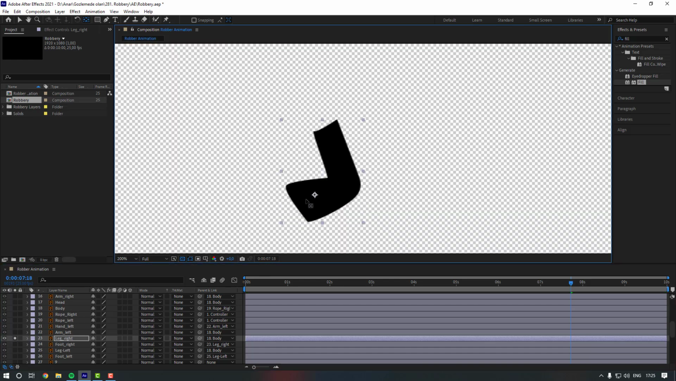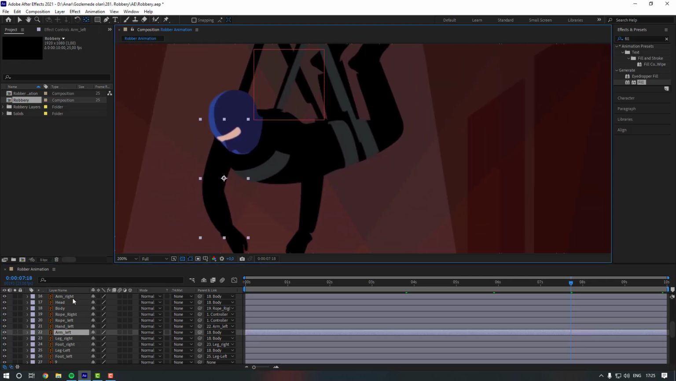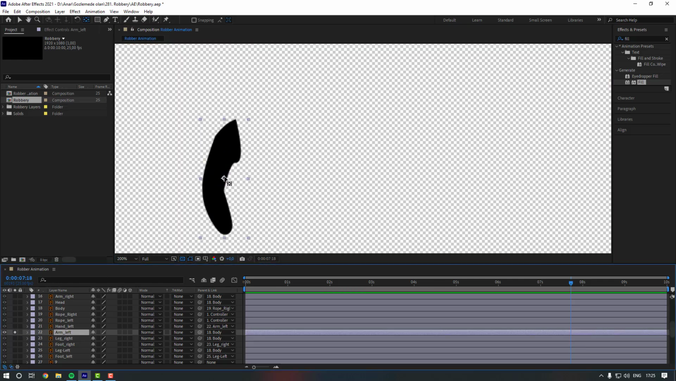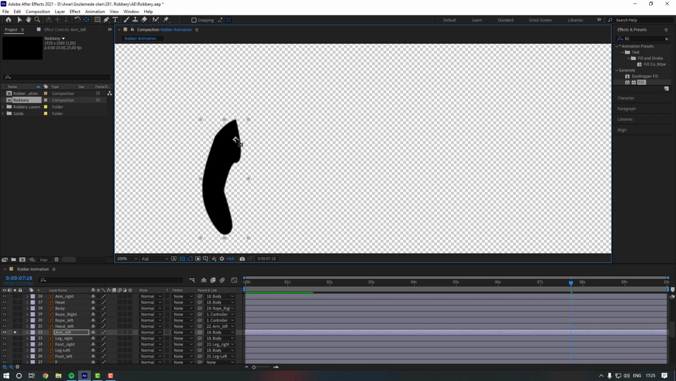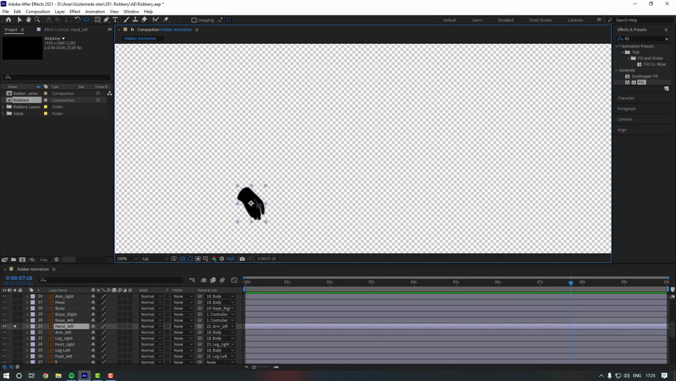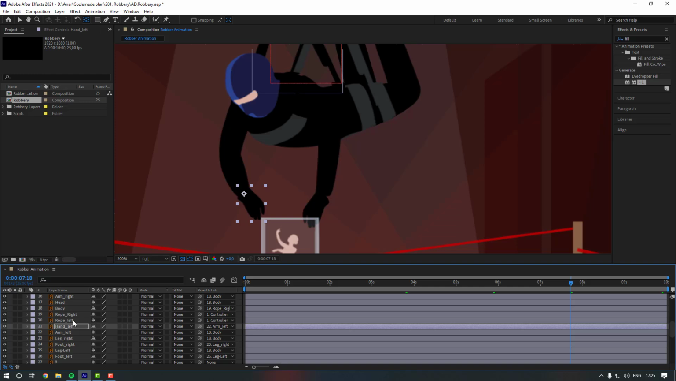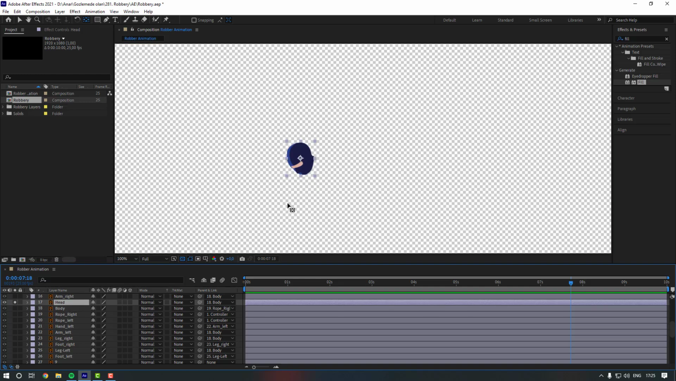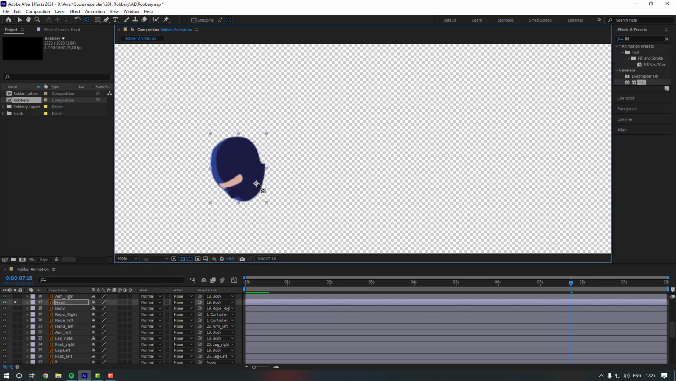Let's move the anchor point here and leg right. Let's move this one to here. And let's select this arm left, let's go to solo. Let's move the anchor point here and hand left, let's move it to here. And let's select the head, go to solo, let's move the anchor point here